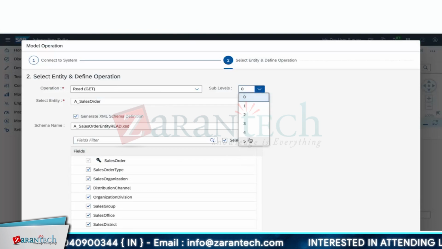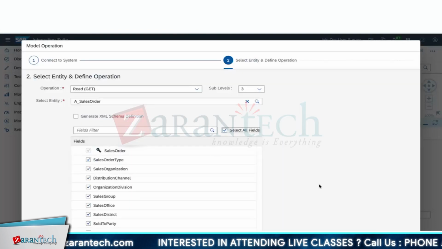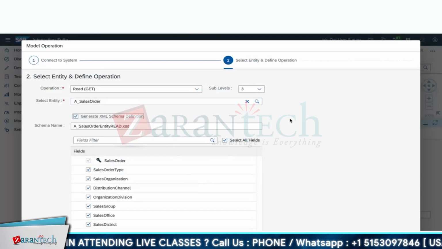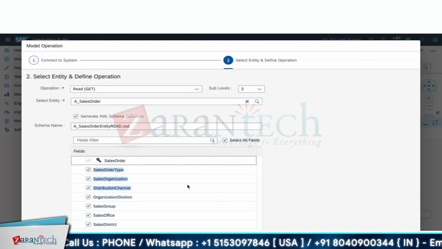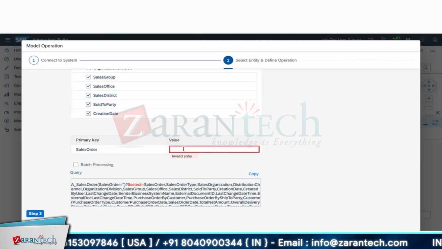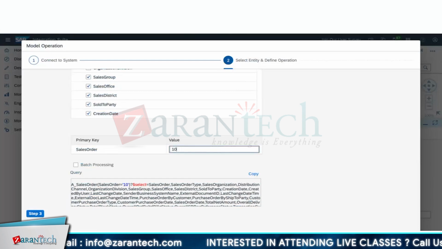Here you have sub levels. You can go up to 3 or 4 or 5 levels. Select this one. Here you need to input some sales order number. Let's take an example, if I'm giving 101.